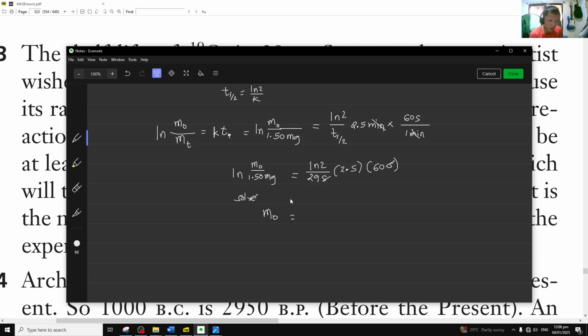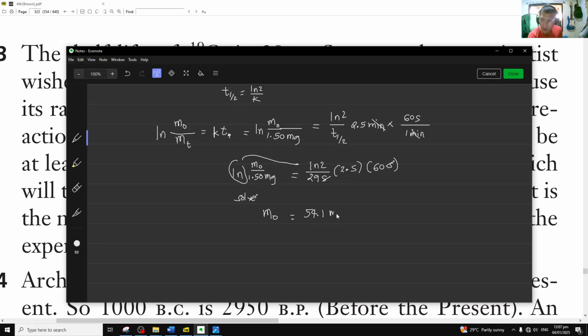Shift solve. So M0 is, wait a minute. While waiting, actually this is algebra: first the ln, you have to remove it, that would be an e. So it gave us